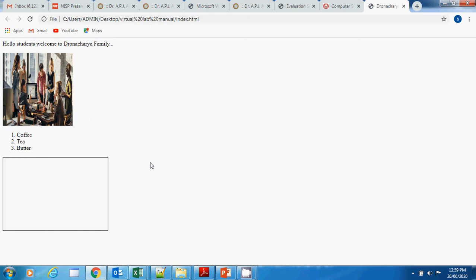So we will be discussing lots and lots of more tags. So for experiment number 1, we have discussed the paragraph tag, image tag, UL tag, LI tag, and OL tag, ordered list tag, division tag, right? In our coming sessions we will be creating one web page in which we will be having more and more tags, right?